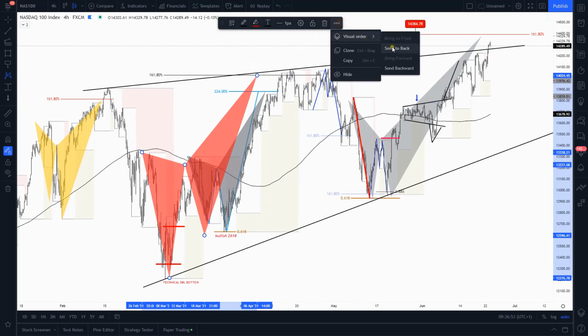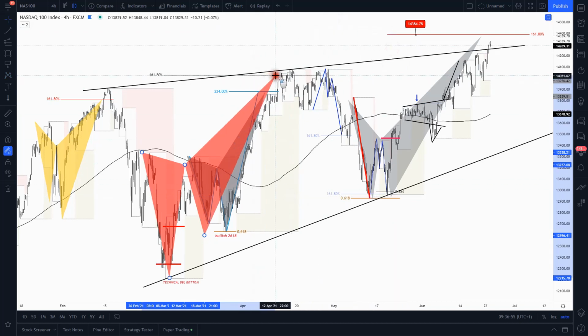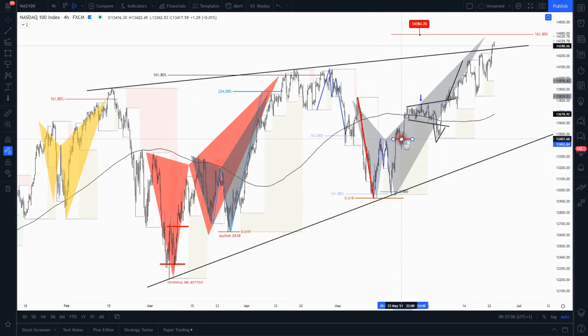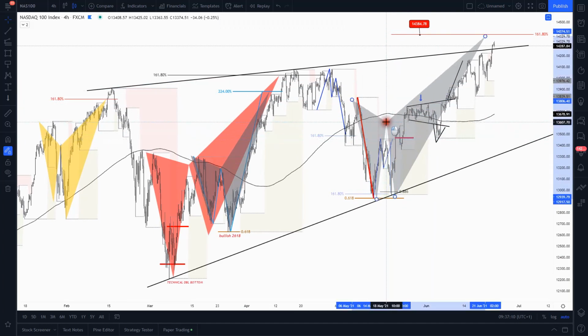This is a deep crab pattern, a bearish deep crab pattern printed at the golden fib. This is, let's say, the normal bearish crab pattern. So it's not a deep crab pattern because the price didn't push to this 88.6 or 78.6%